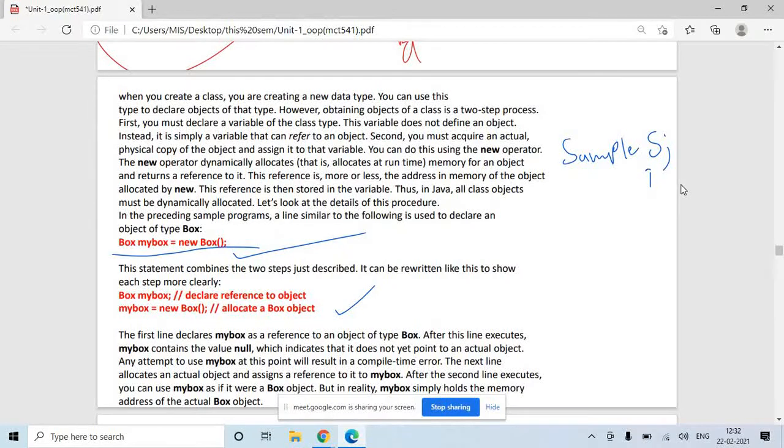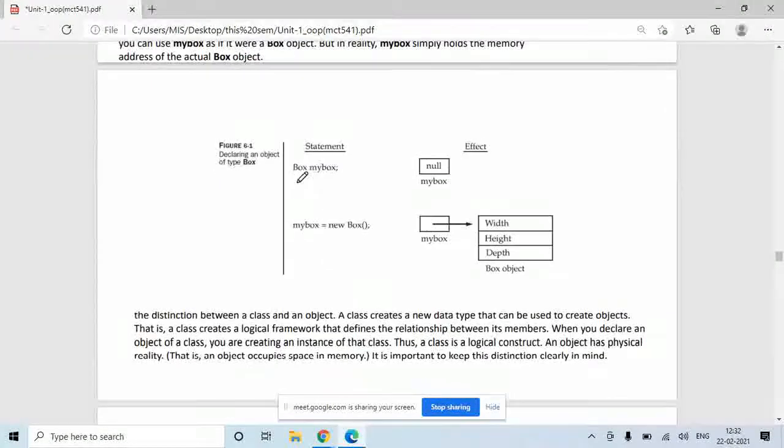But in Java, object creation is a 2-step process. It is a 2-step process like this, or you can write those 2 steps in one single statement also. So in the first step, let's say you write box my box. So box is a class name, my box is your object name that you have chosen.